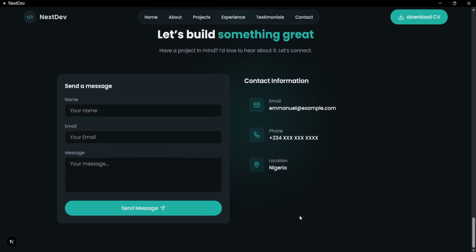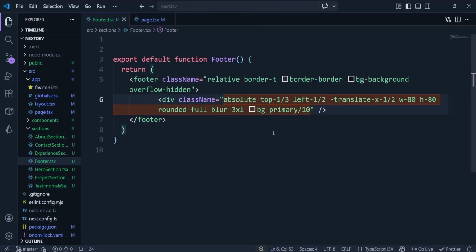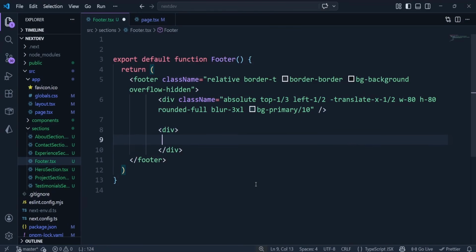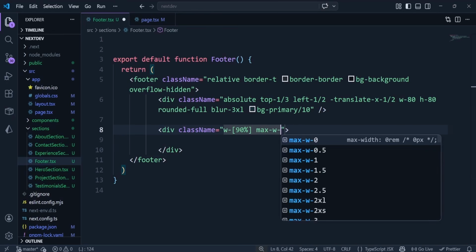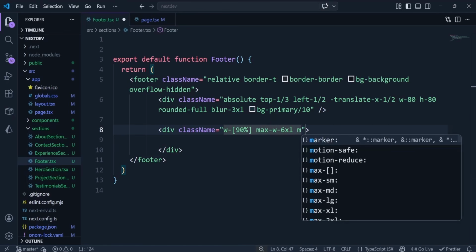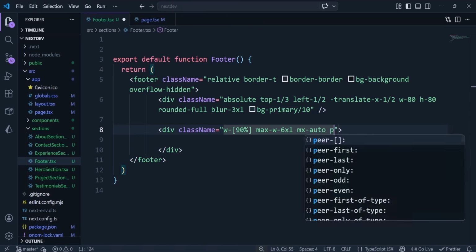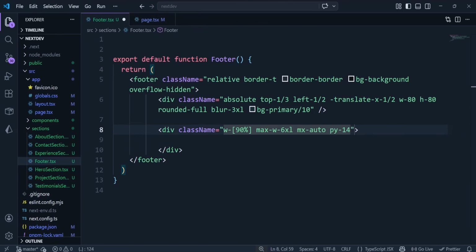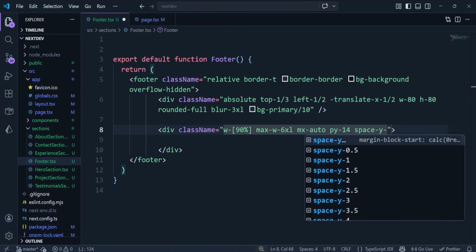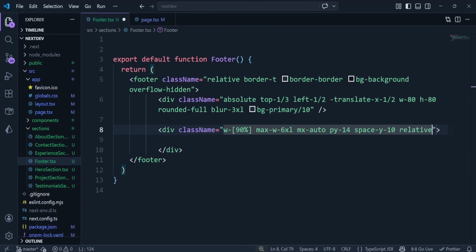Like that. I won't go back to the home page. We're not going to see anything because obviously we've not actually added them into the footer. So we're going to go back to the footer component. After this div right here, we're going to create another div, which we're going to give a Tailwind class of width of 90%, a maximum width of 6XL, mx of auto, py of 14, space y of 10, position of relative, and a